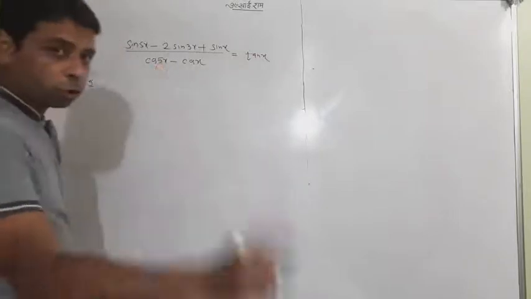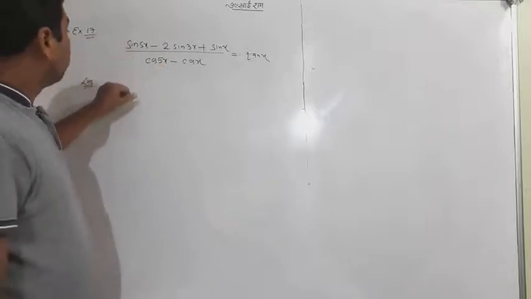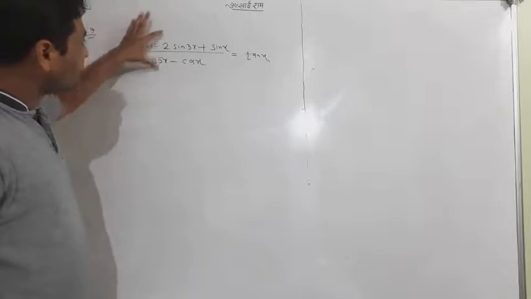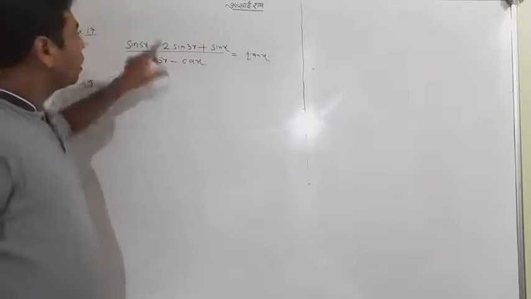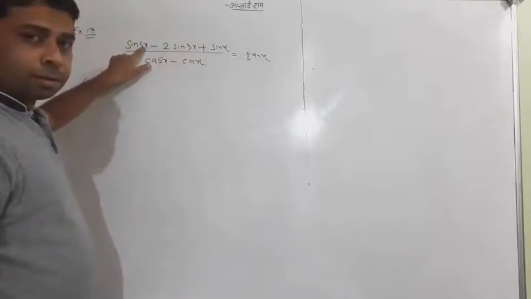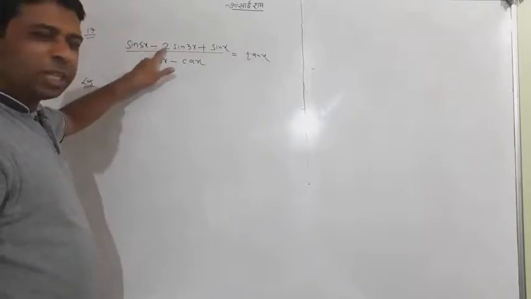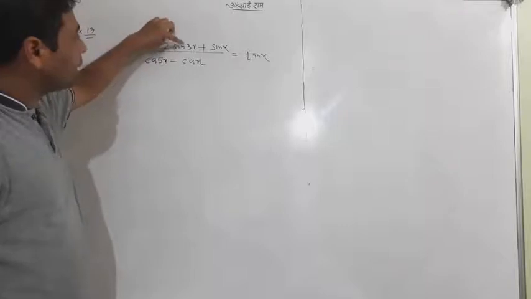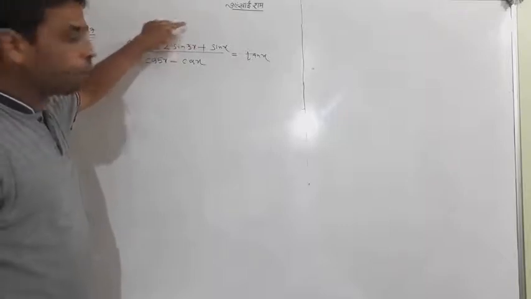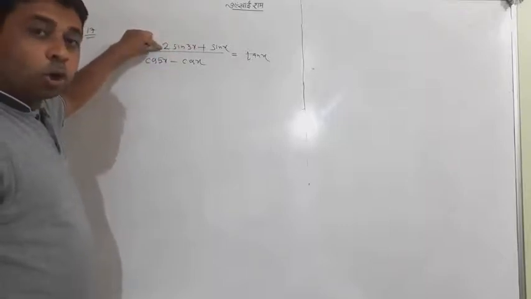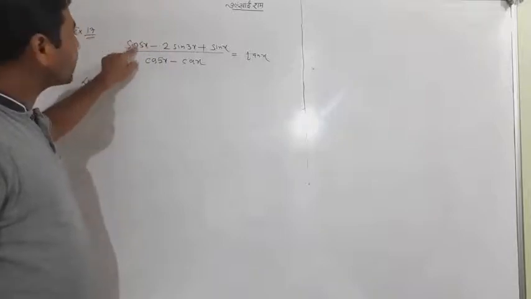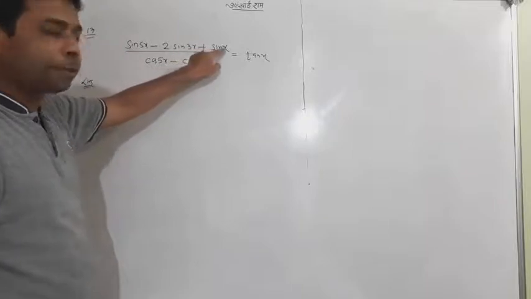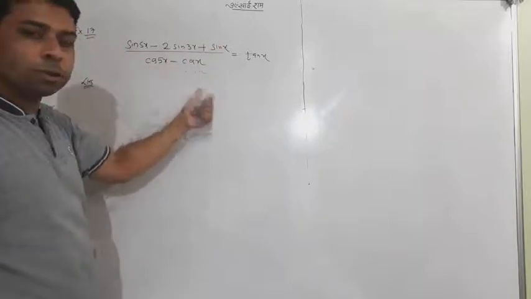Look at the left hand side. I am not writing it again. We have sin 5x minus, and there is a 2 here. If you think of sin c minus sin d, that is wrong because the 2 is coming here, so it is not a good pair. So I will take sin 5x and sin x together as sin c plus sin d, and the denominator is looking like cos c minus cos d itself.